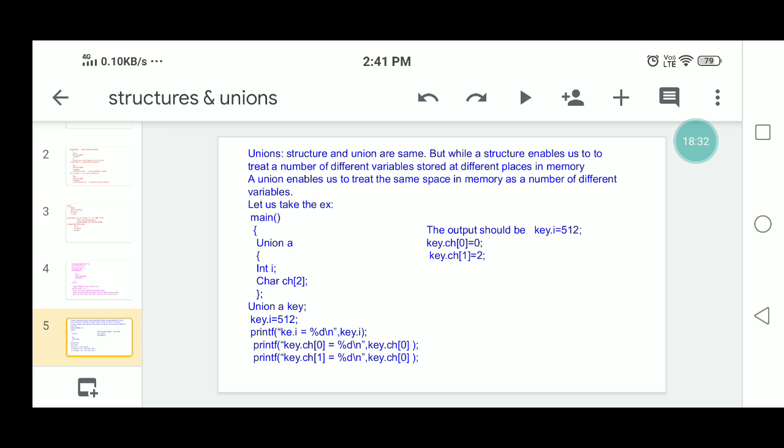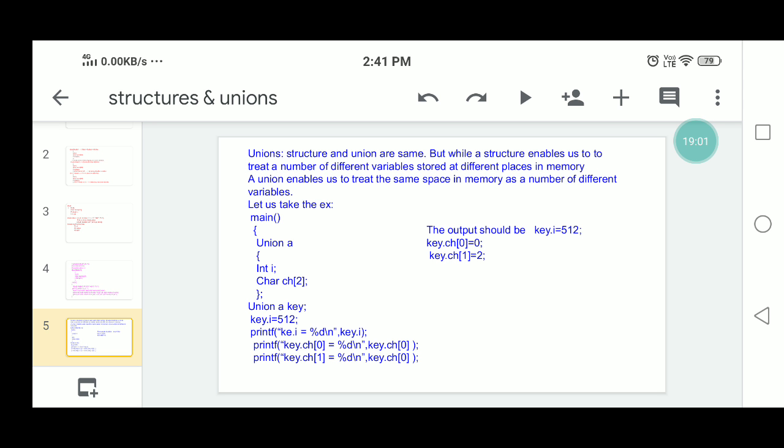Then next, after the discussion of structure, what is the importance of union? First of all, what is the information about union? In C language, a union also works like a structure, a collection of different data types grouped together.